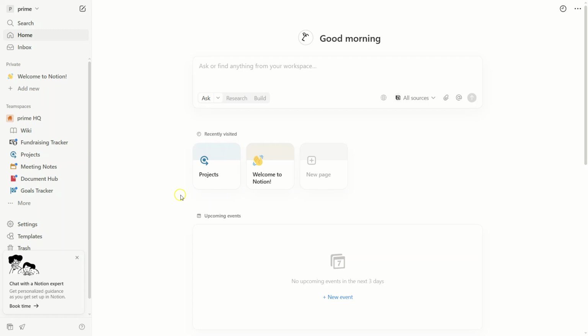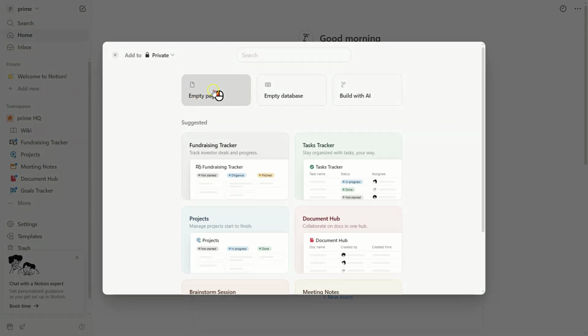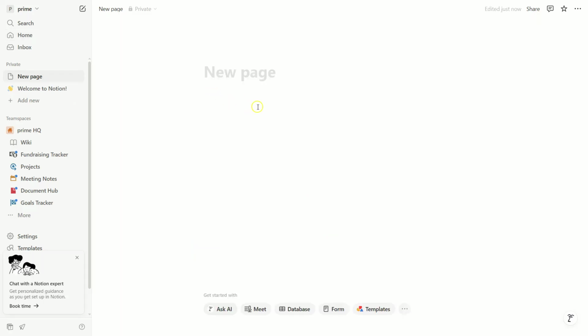Today, we're diving into how to create a Notion task board for Agile teams, your essential guide for 2025. Now, the first thing we need to do is create a new page on Notion. You can do this by clicking on the New Page button on the left sidebar. This is where your task board will live. The reason we do this is to have a dedicated space for your team's tasks and projects, keeping everything organized